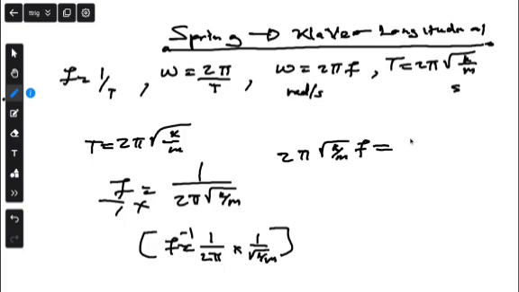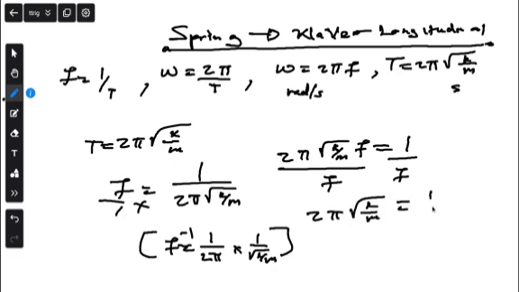And here definitely we are going to divide by f, even here by f. Here we are going to remain with 2 pi root of m divided by k, which is equal to 1 over f. And this one is the inverse. So what are we going to do? These, they are going to interchange. So frequency is going to